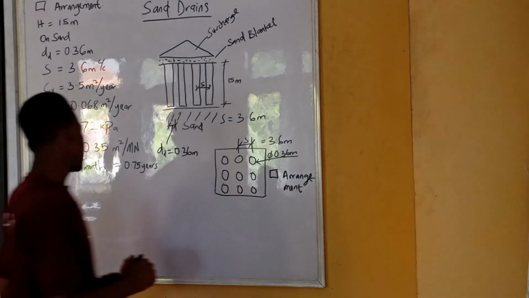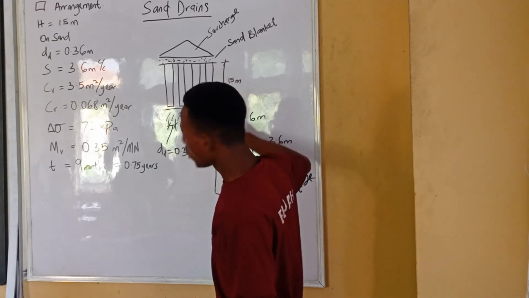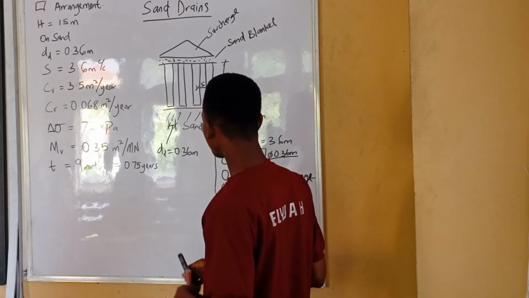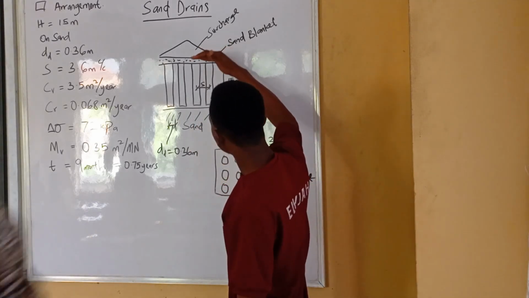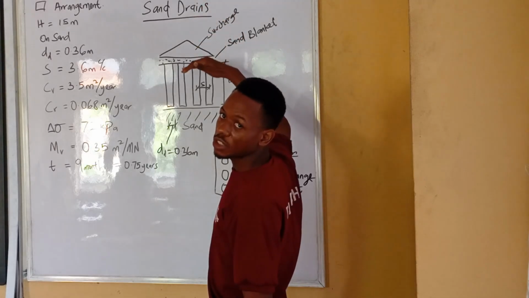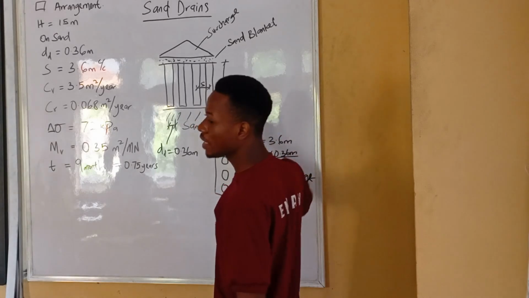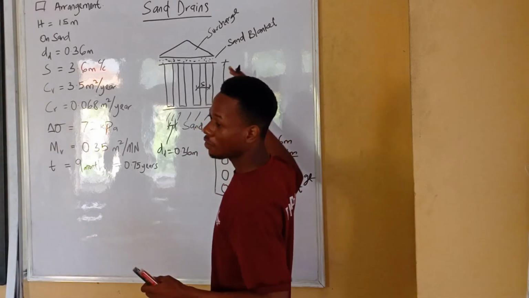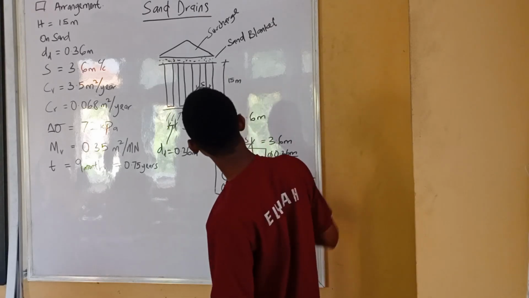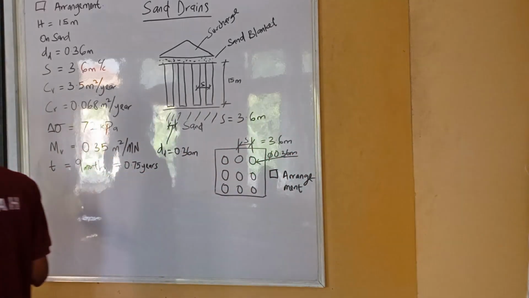The question states that this clay layer is in between two sand layers. So that means some of the water will drain from the top, while the other part will drain from the bottom, which will reduce our height by half. So instead of having the height of 15 meters, we are going to have the height of 7.5 meters. And the formula for settlement,